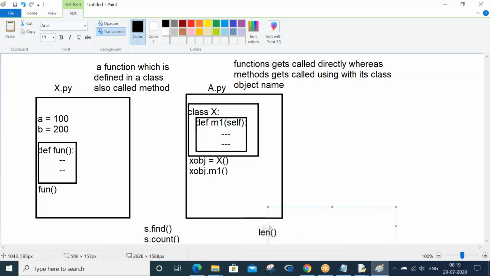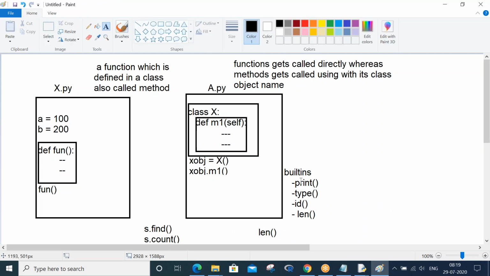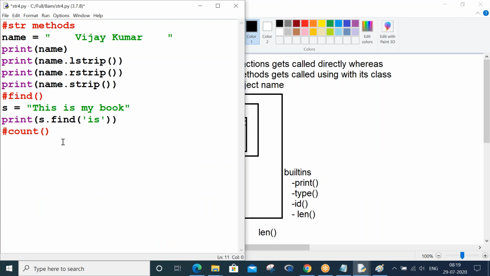Likewise you can see multiple functions from built-ins. One second, let me move this up a little. I will show more about built-ins when we discuss input output. First try to understand the difference between function and method. If you can understand that for now, it should be fine. Let me proceed. Now you see name dot strip, s dot find. Now you can realize that these are all methods.